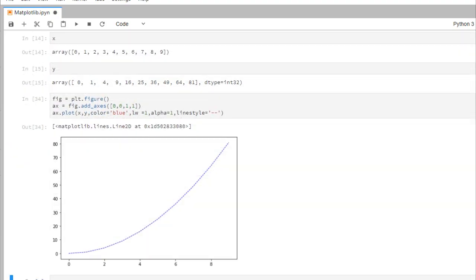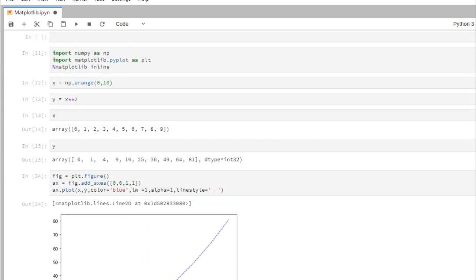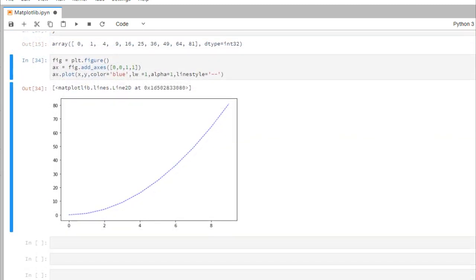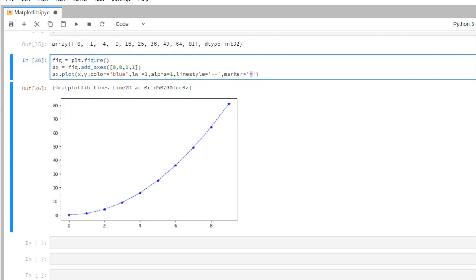So now let's talk about marking the points that we have plotted. For example, you have x at 0 1 2 3 4 and y at 0 1 4 9 and so on. If you want to actually mark the points where the values are plotted, what you can do is put a marker over here. So marker equals, for example, let me put plus. Here you can see that I've got the data plotted out, and I have many ways to change the marker appearance. If I put an asterisk over here, I get asterisks, and then if I put, suppose, the number 1 in quotes,